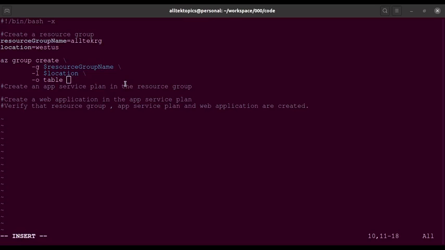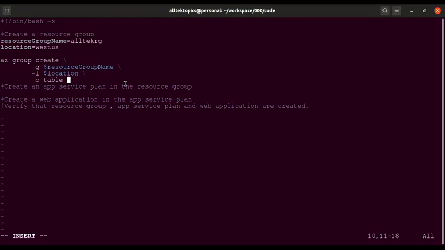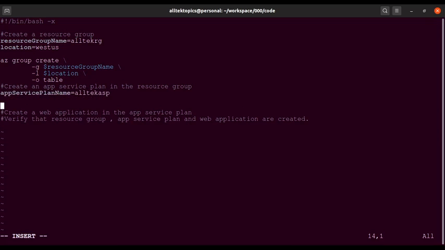Now let's create an app service plan in the resource group. We will need a name for the app service plan. So let's define a variable for that. Plan name to old ASP. Command for creating an app service plan is as follows: that app service